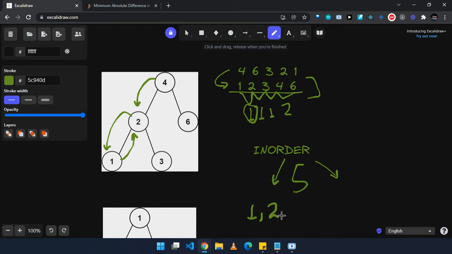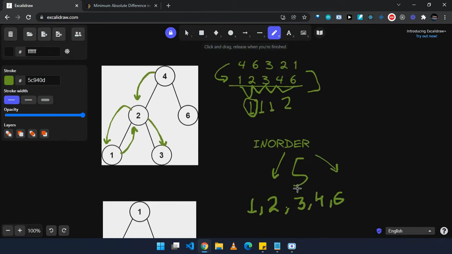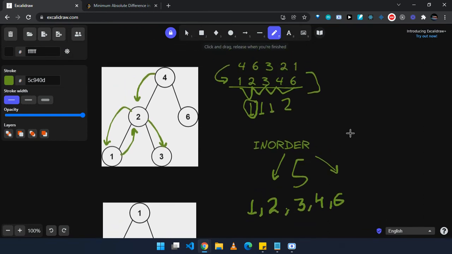Then it will go to its right part, which has value 3, and 3 will go to its left part, and there is no left part. So the inorder traversal will be like this: 3, then we'll go to 4 and 6, the rightmost part. This will be our inorder traversal of this binary search tree.